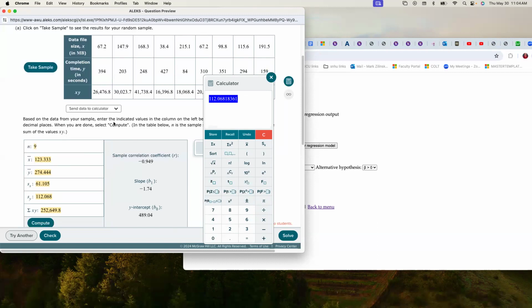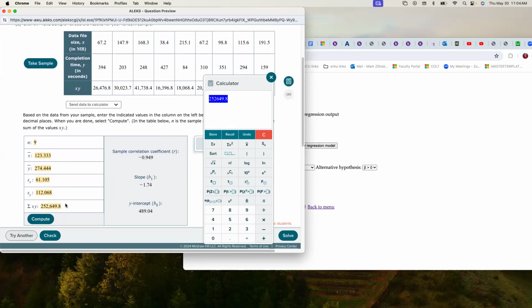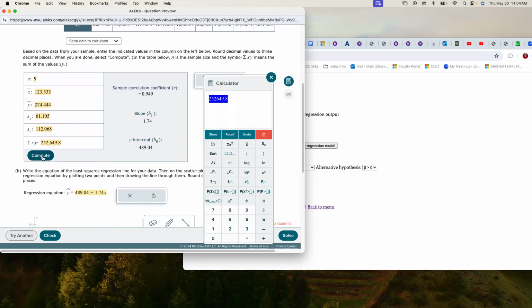All right. The big one here too, again, may be a little bit confusing. All we want to do is sum up these X, Y. So they give you all these values. If I enter those and just hit the sum button, and then equals, there's the 252,649.8. Now, when I hit compute, what it's going to do is